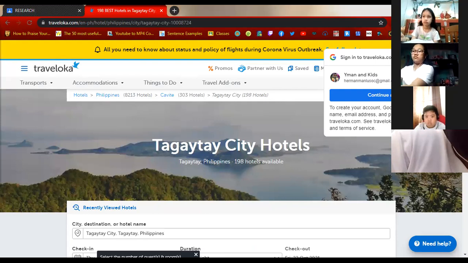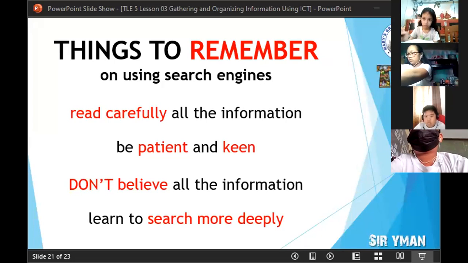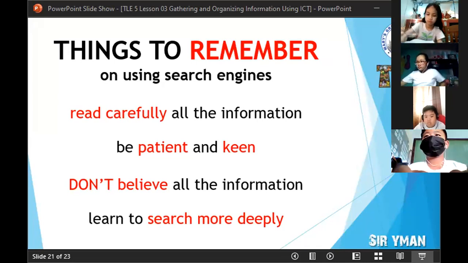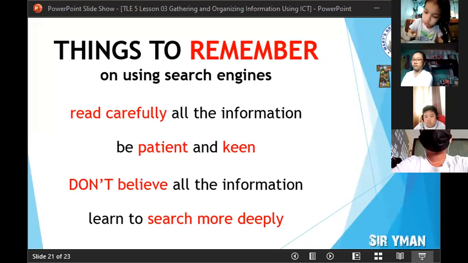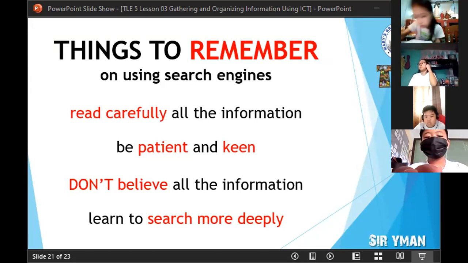Okay, going back to our lesson, going back to our slide. So ganun ang pagre-research. You just have to type the keyword na gusto niyo malaman sa search bar, press enter, and then the results will automatically be shown to you by Google Chrome or by Google. Tapos para mas accurate ang mga details, hanapin niyo yung ratings. The ratings could be found below the title of the document or article or image or video. Mas mataas ang ratings, mas accurate ang details, di ba?